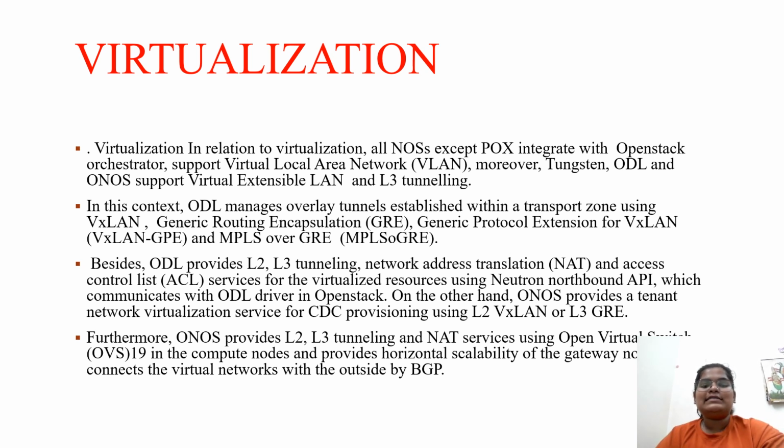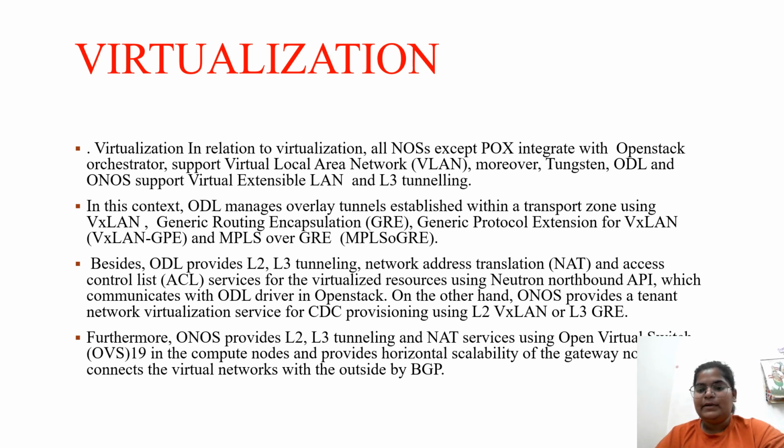Besides, ODL provides L2 and L3 tunneling, network address translation (NAT), and access control lists. Services for virtualizing resources use the Neutron Northbound API, which communicates with the ODL driver in OpenStack. On the other hand, ONOS provides tenant network virtualization services for CDC provisioning using L2 VXLAN or L3 tunneling. Furthermore, ONOS provides L2 and L3 tunneling, and NAT is provided using virtual stack. OVS 19 is on the compute nodes and provides a horizontal scalability of the gateway